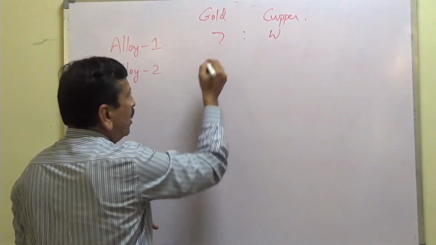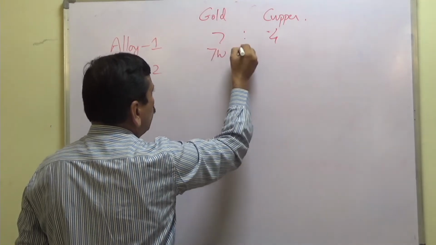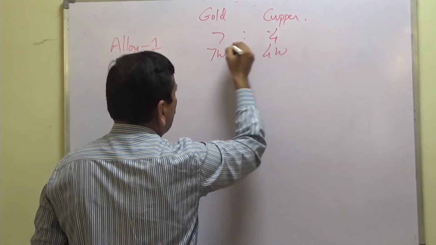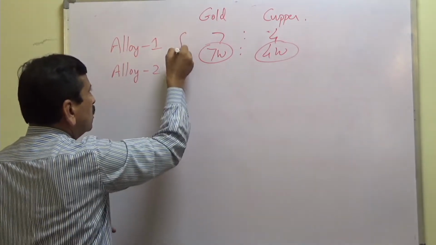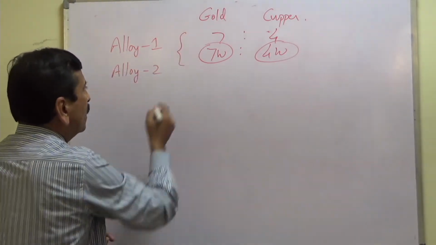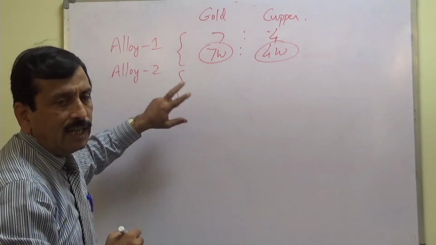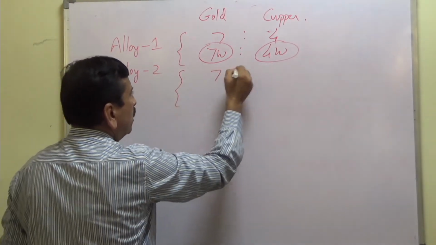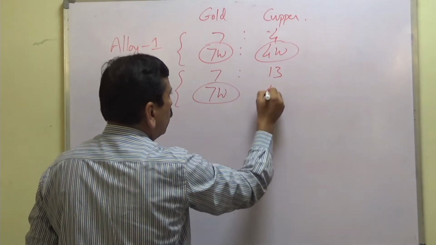So naturally I will take this as 7W to 4W. This is the gold, this is the copper, in alloy A. Now let's see what there is in alloy B. The second alloy is in the ratio 7:13. So 7W gold,